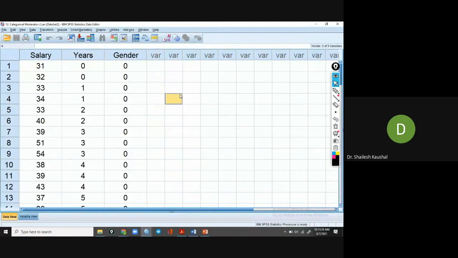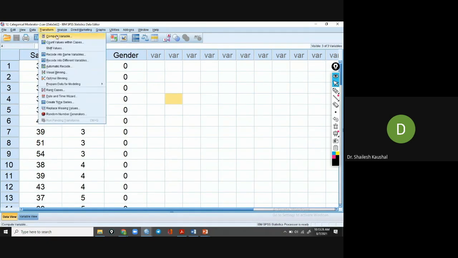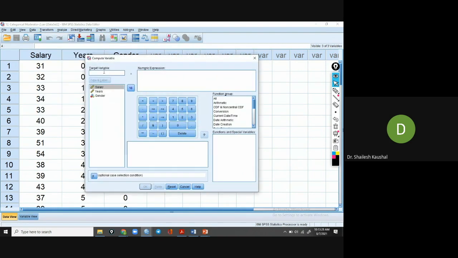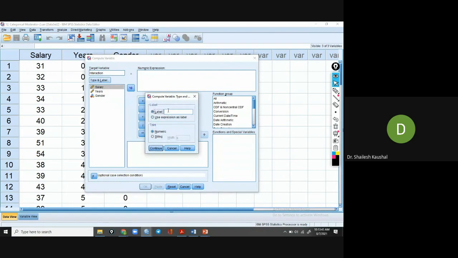So what will we do here? Transform and Compute Variable. I am writing the variable name interaction, and copy, type and label, paste, type and label and paste, and then Continue.